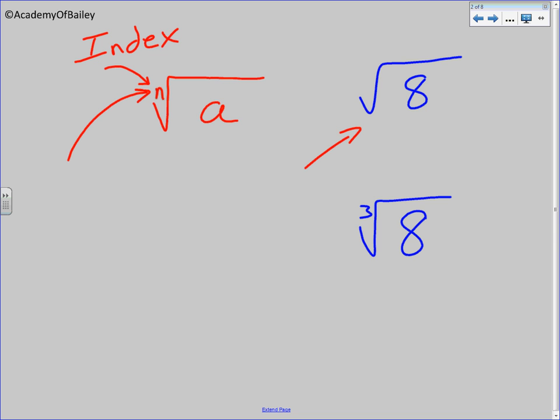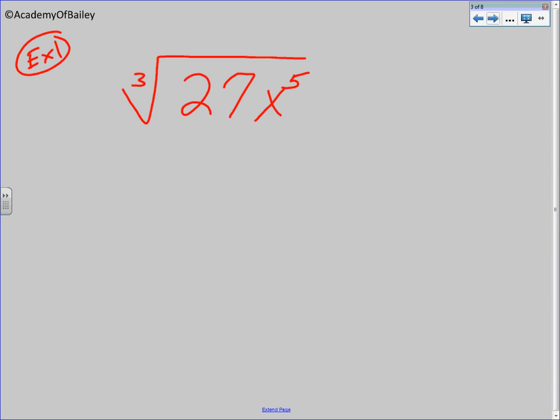We have the square root of 8. We also have the cube root of 8. So if there is no number here, that index is a 2. Let's keep that in mind too. So let's look at this first example. Simplify. I guess the direction should say simplify. So if we want to simplify this,